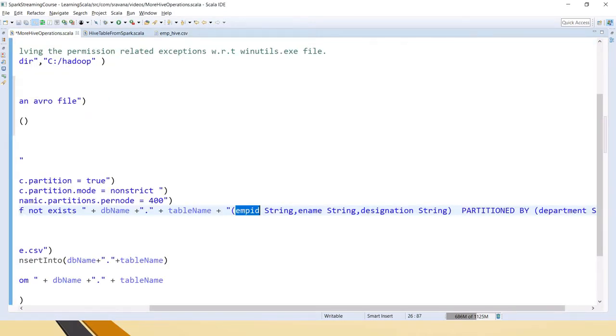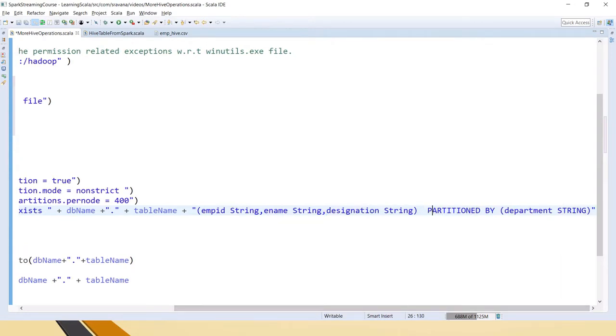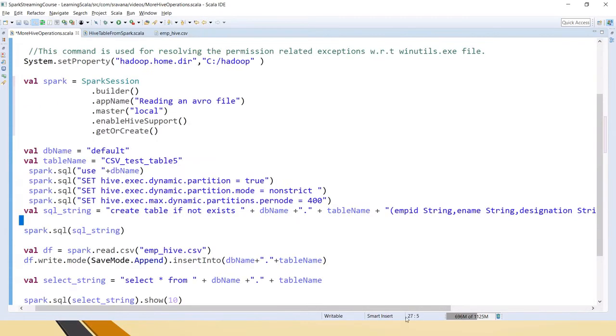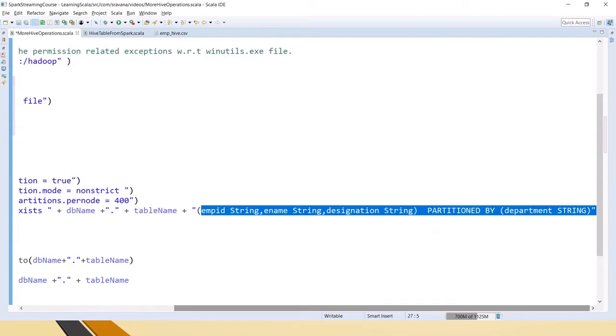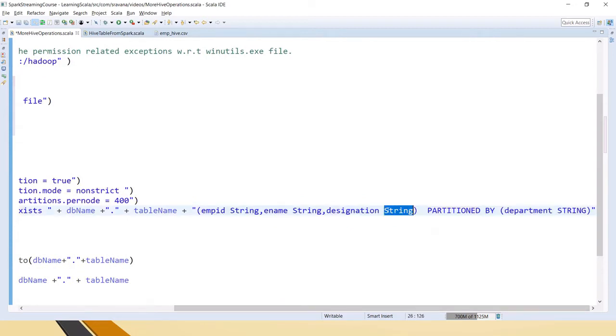So now again employee id, employee name and designation, and whatever should be the partition should not be there in this initial schema. Okay, because of that reason I have not mentioned department here, and I am using the partitioned by keyword, and I am saying partition by department. So this is the